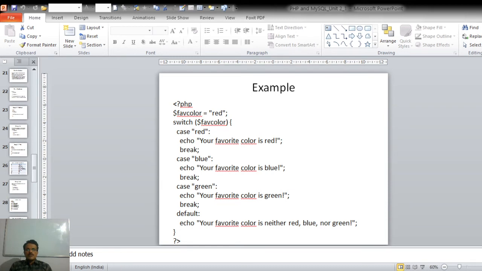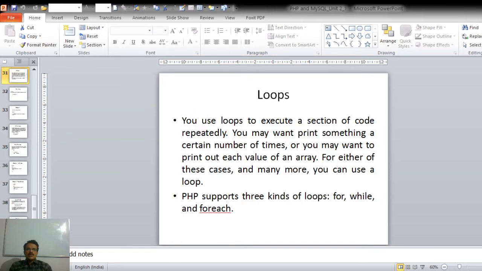So if you closely observe here, we have mentioned a break statement in every case because after the particular code block is executed, we just want to come out of this switch. We don't want to execute the other statements once the value matches the variable's value. Right. So these are the two conditional statements, if conditional and switch conditional, that are available in PHP. Now let us see what are the different loop structures that are available.